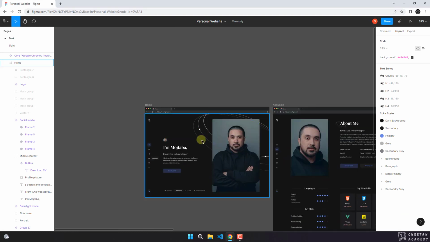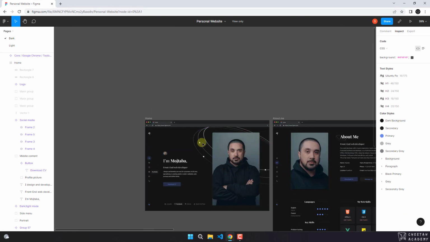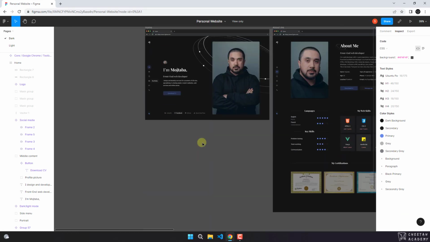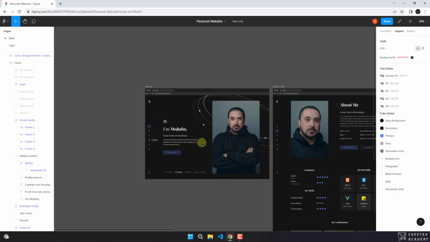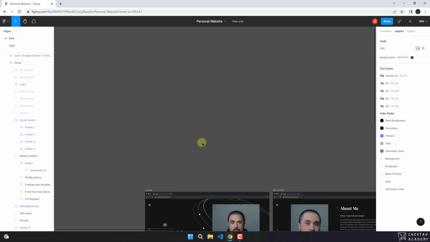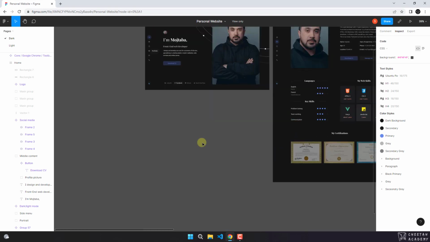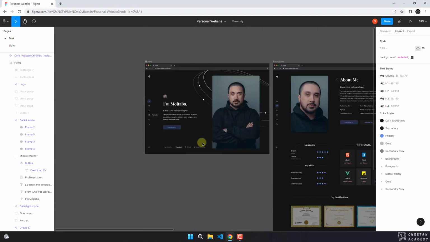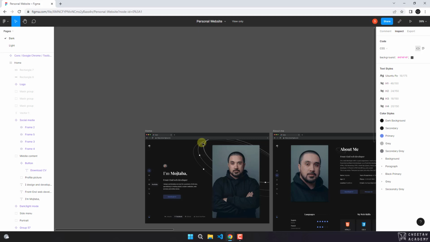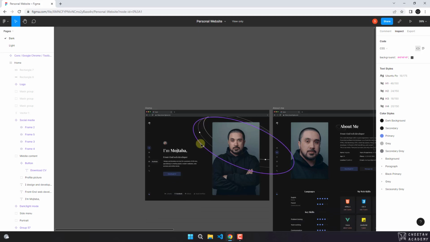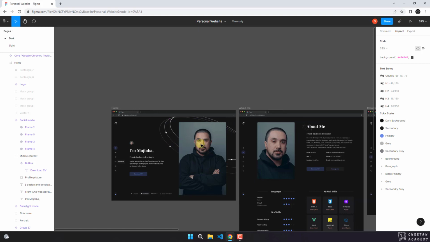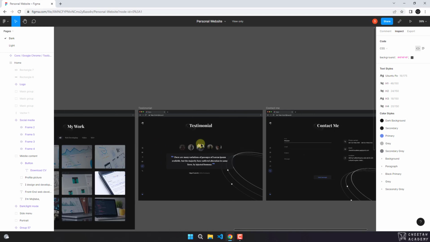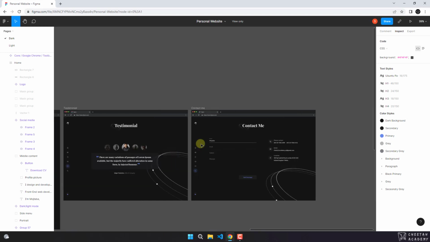To move, if you want to move vertically, use the middle button on your mouse and scroll up and down. You will see that when I scroll up and down, it moves vertically on the page. If you want to move horizontally, hold down the shift button and again scroll the middle button on your mouse up and down. If you scroll down, it moves to the right, and if you scroll up, it moves to